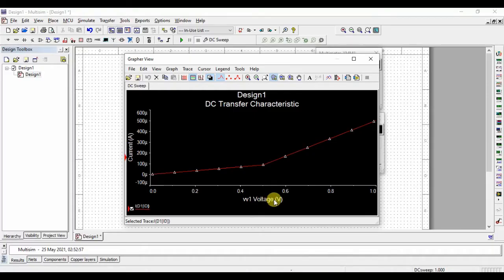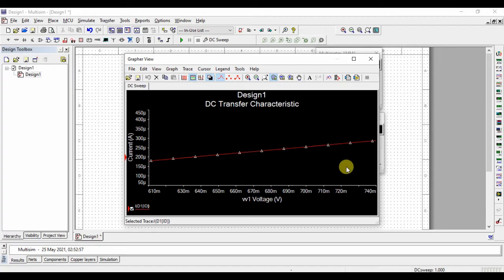You can observe that at the starting point, 0 volts, the current is very small, in microamps. After the cut-in voltage of around 0.67 volts, we can observe the change in the current.